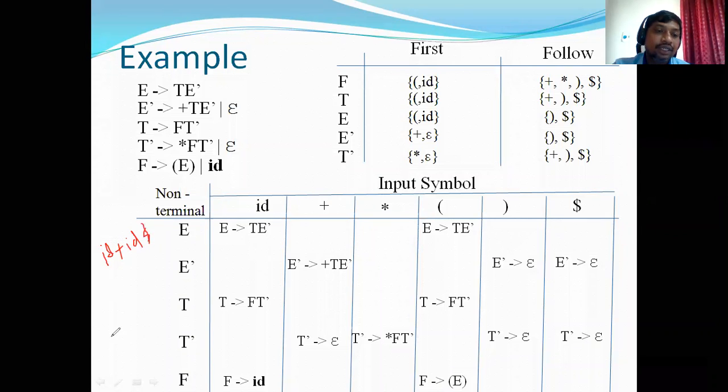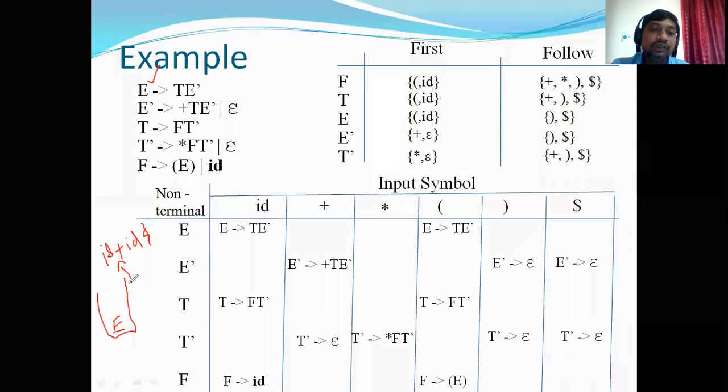Let us start with an empty stack. Usually in a table driven LL1 parser, first we insert the starting symbol of the grammar, that is E, onto the stack. So this is the initial configuration. Your read head points to the leftmost symbol of the input buffer, and the current top of the stack is E.